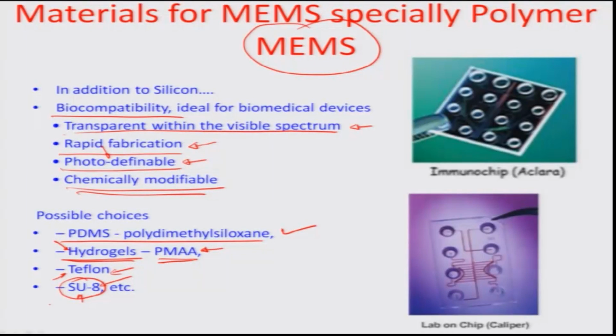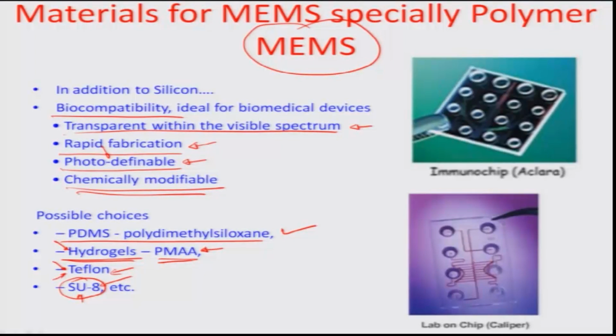For example, SU8 is a resin, as I showed you earlier. It's a negative tone photoresist which is comprised of an epoxy resin. And Teflon is a patented material by DuPont, but this is one of the highly hydrophobic surfaces. So, therefore, some of these materials are ideal choices